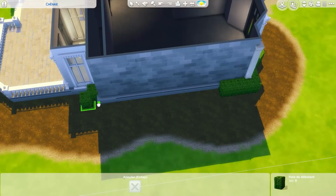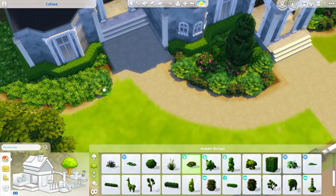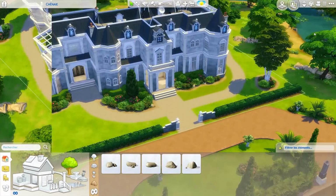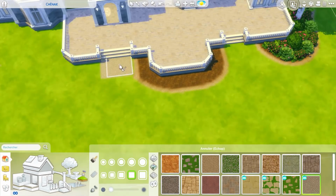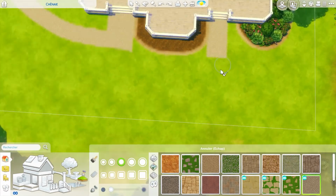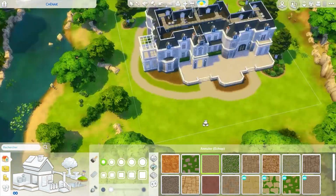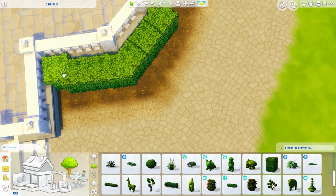Anyway, now for the interior, I went for a very... it's not, I would say contemporary in the meaning, not modern, but just something between classical and contemporary. So I didn't want it to be too extravagant or too lavish. So I kept some very light colors just to make it look nice to live in. The furniture are pretty eclectic. I didn't go for just one specific style, but altogether I think it looks nice and